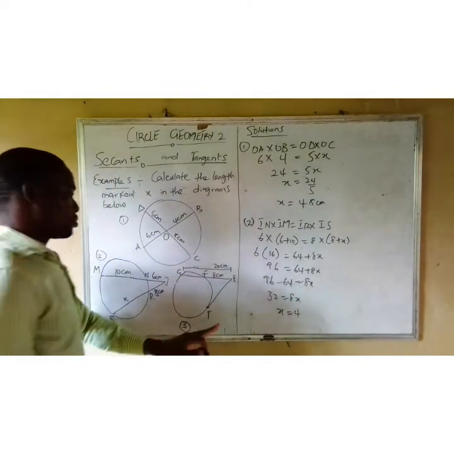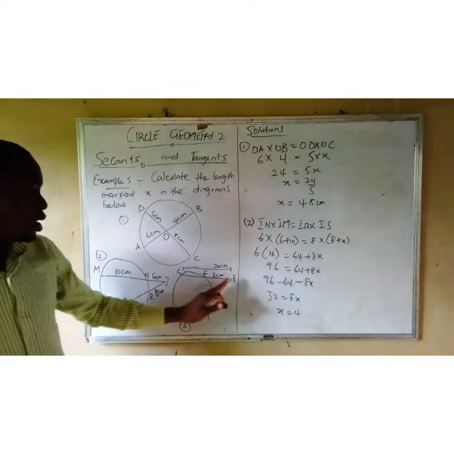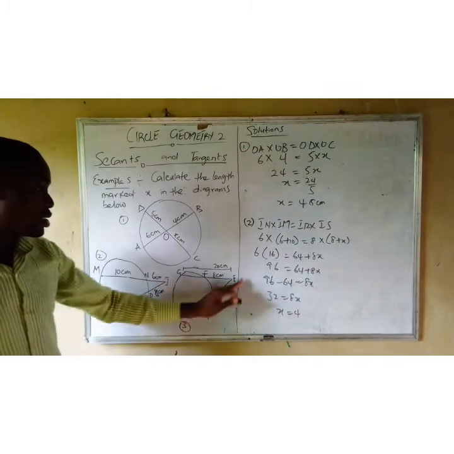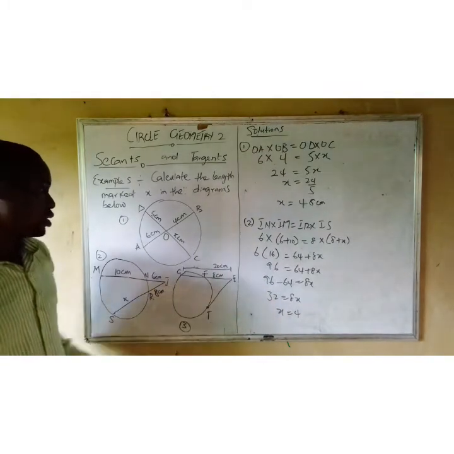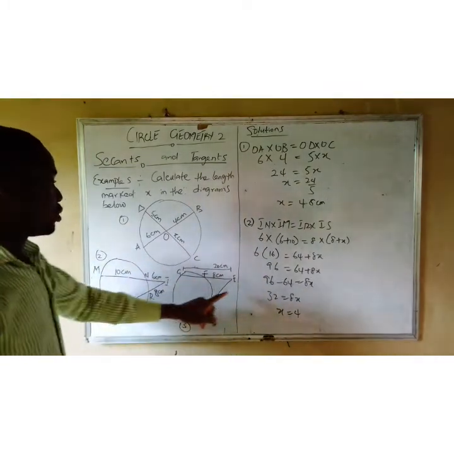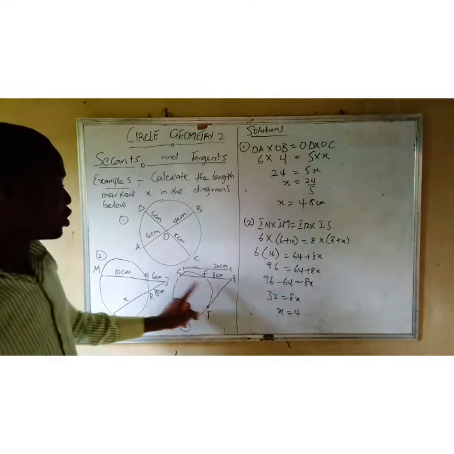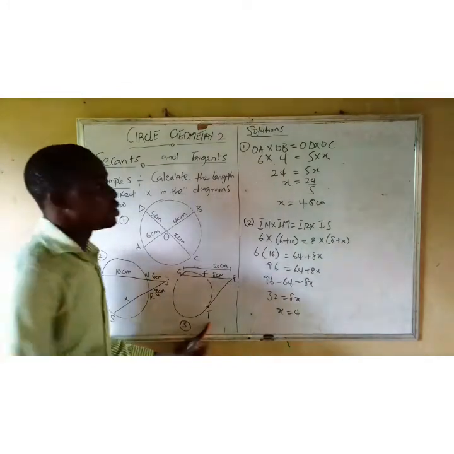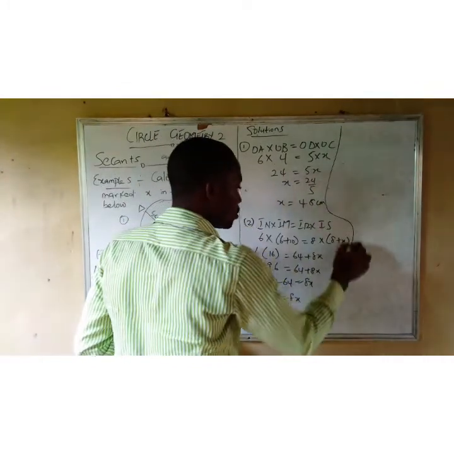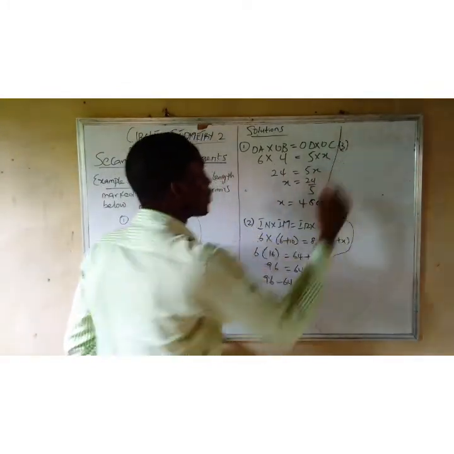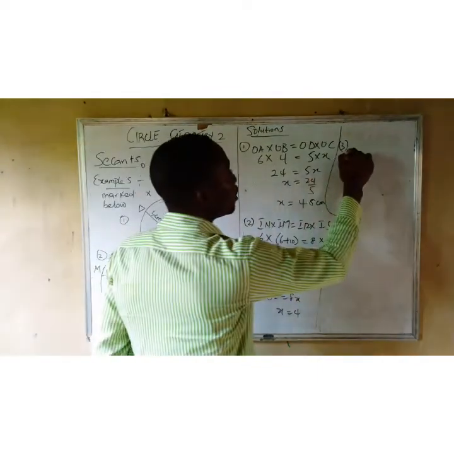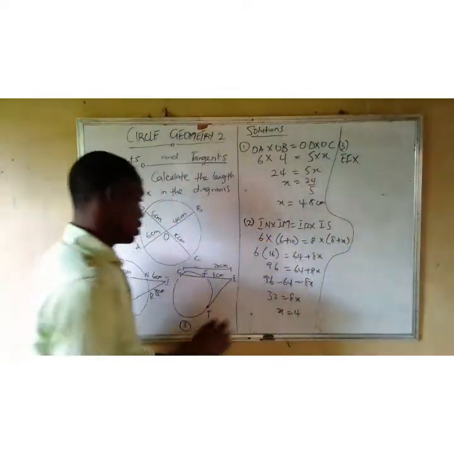For the last question, this is where we have the line and a tangent ET. So in this case, what am I going to do? I'm going to say EF times EG equals ET squared, ET all squared. So what does that become? Number 3, that becomes EF times EG